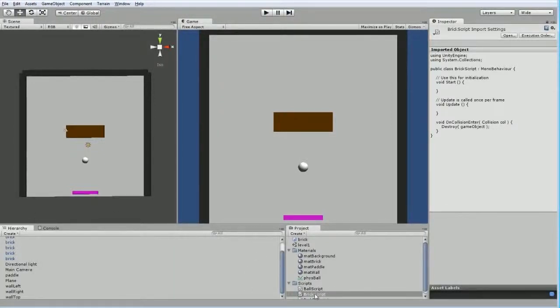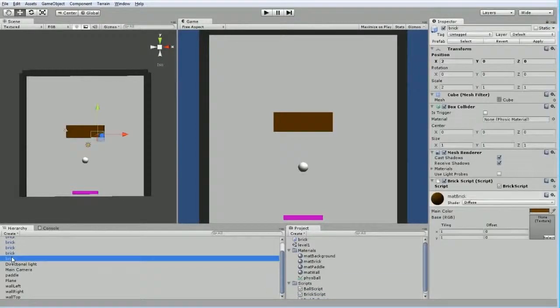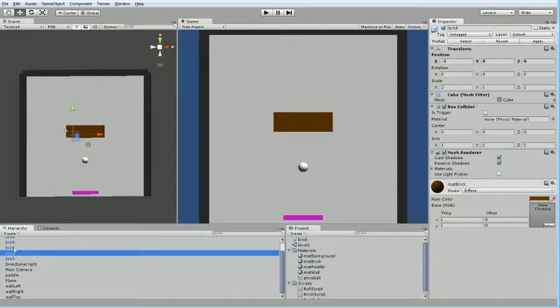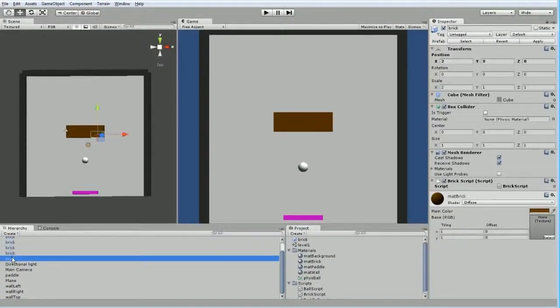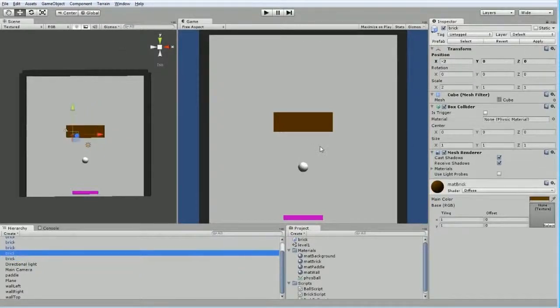Now, I should be able to drag it from here to the hierarchy. Let's go and find out. I'm going to drag it to the bottom one. So the bottom one has a brick script, and if I go up to the next one, nope, no script. So what I could do is from here I could say, oh, apply this to the prefab, and then it would all get it. Or if I undo here,